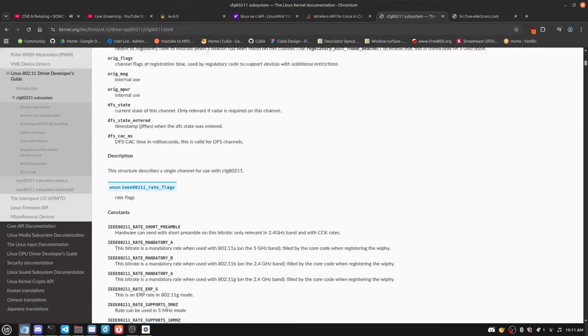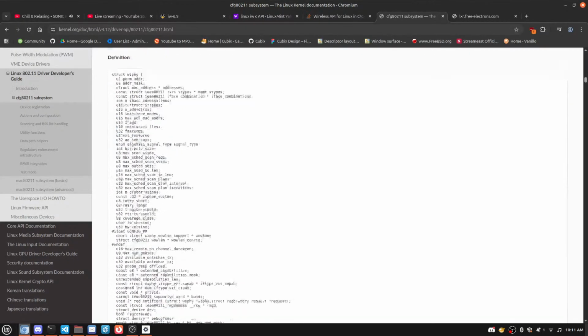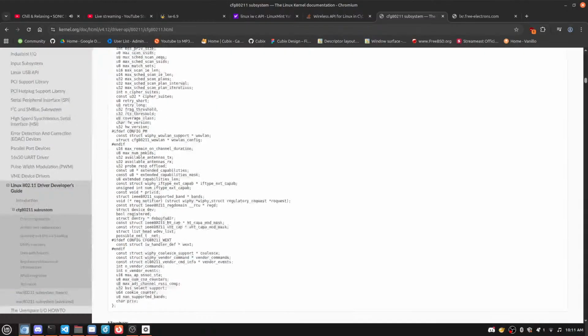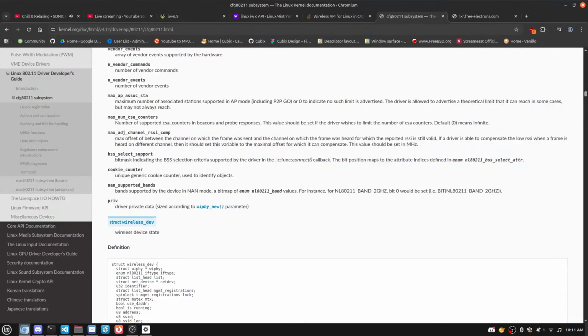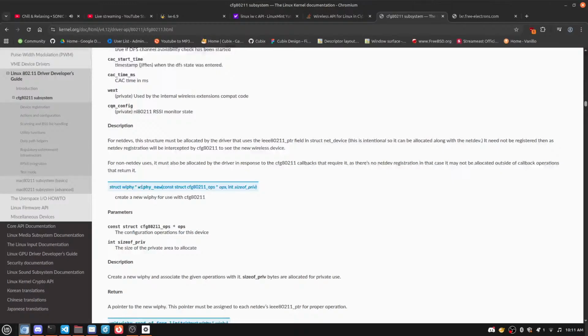Alright, we got some examples, maybe? Oh no. SSID is all I need to see. All I need is the network SSID, bro. That's the device. All I need is there needs to be a struct that